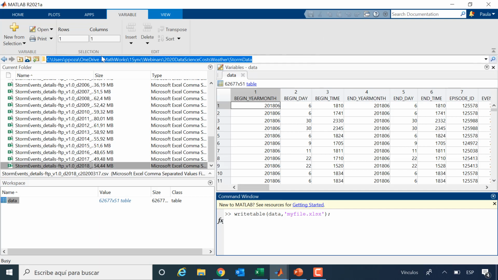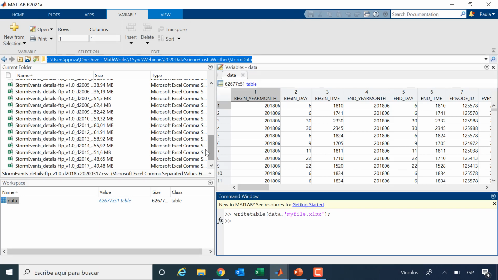As soon as it finishes, we'll see how the new file has been created. Okay, while it's doing this, let's go to the documentation. I want to show you how, when you read, what options you have to specify. It has finished already. So we'll see the options that read table provides.